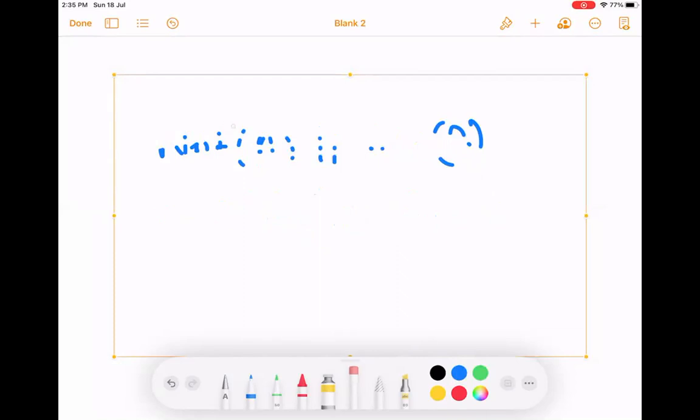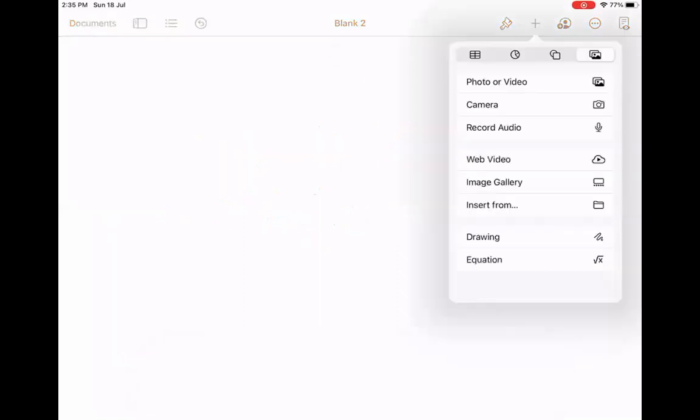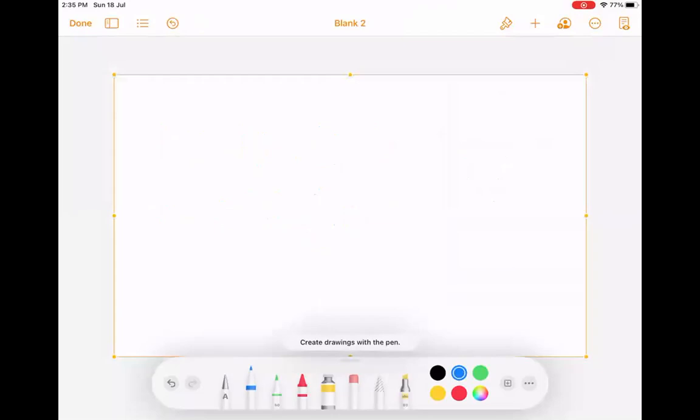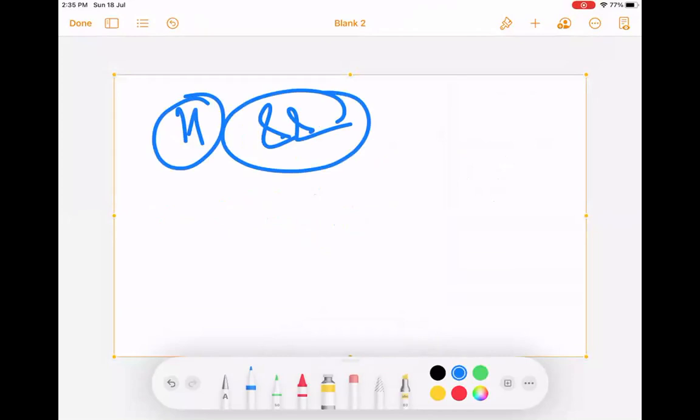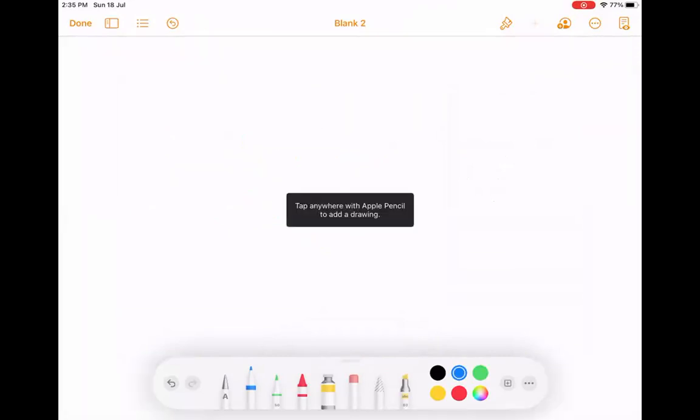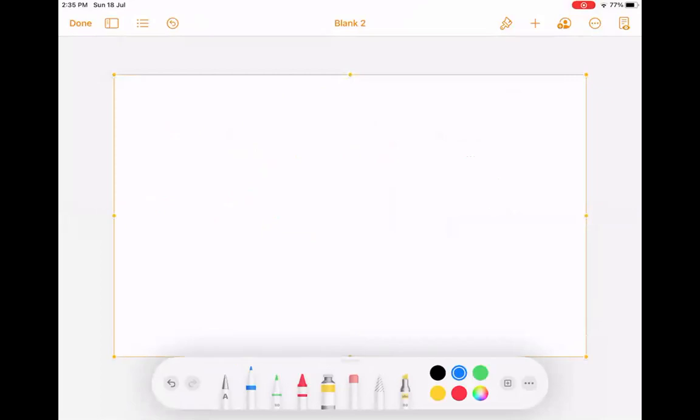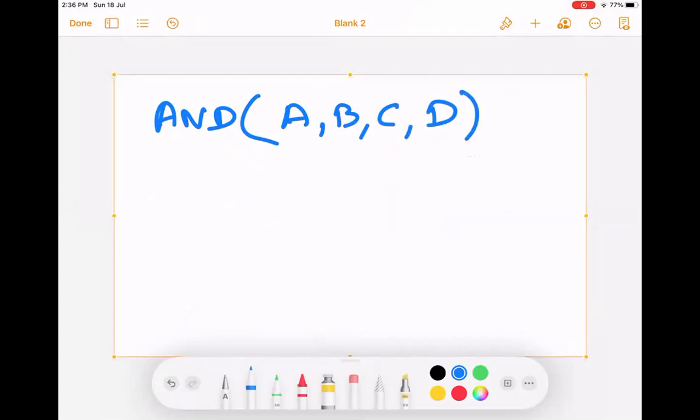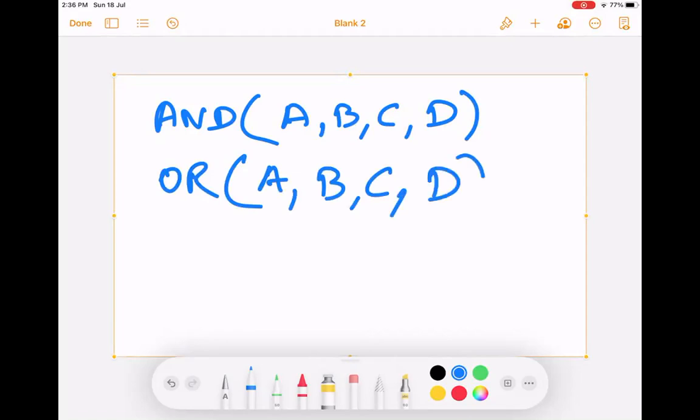This one is basically and, and this is or. Instead of using this, there is a smarter way of doing it. There is a function called AND. In AND you can write A, comma B, comma C, comma D, all conditions. Similarly, there is an OR function also where you can write A, comma B, comma C, comma D. It will be a little easier to understand. We'll see how it works.